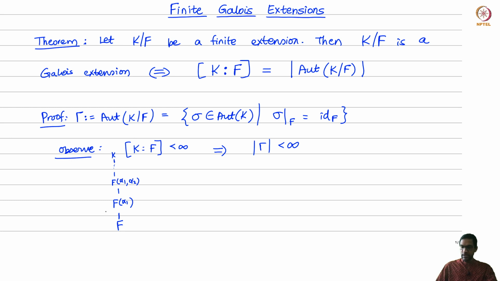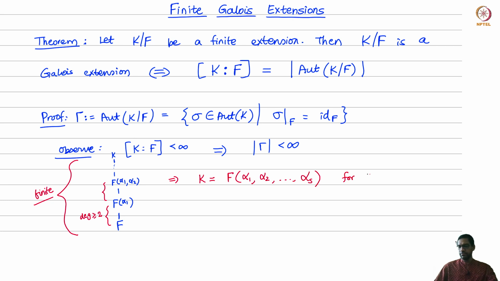Now at every step, the extension that I have created has degree at least 2, right? The degree of this extension is at least 2 because I have chosen alpha 1 that doesn't lie inside F. So at every step I have at least a degree 2 extension, and the overall extension is finite, which means that I can't keep going on and on like this forever, because recall that the degrees are multiplicative. So [K:F] is just the product of the degrees of all the intermediate extensions. Therefore this process has to stop. So this means that in particular K is just obtained from F by finitely many adjunctions. So this has to look like F(alpha 1, alpha 2, ..., alpha s), for some finite value s,